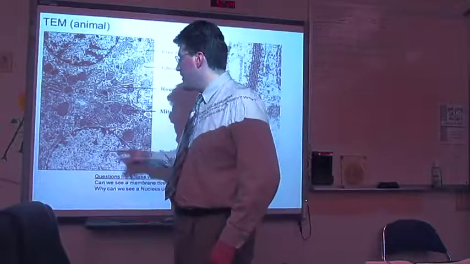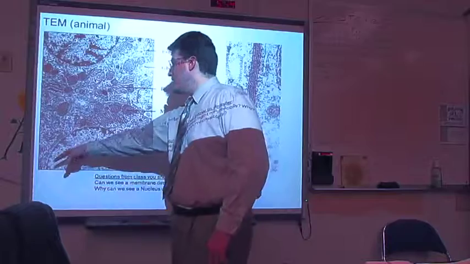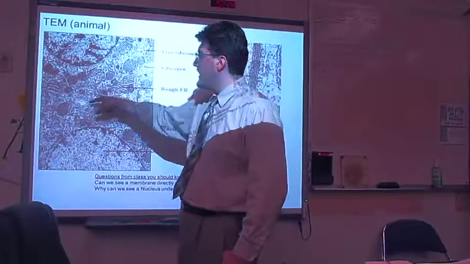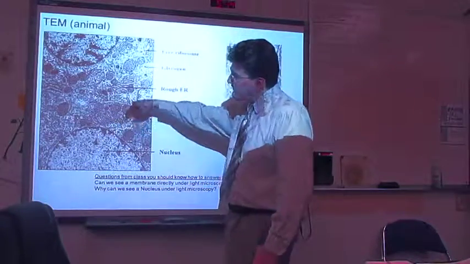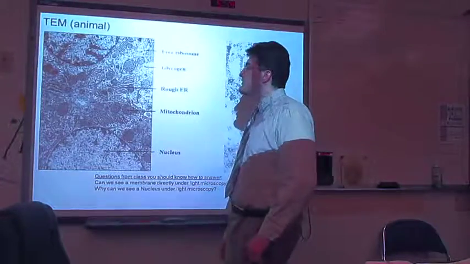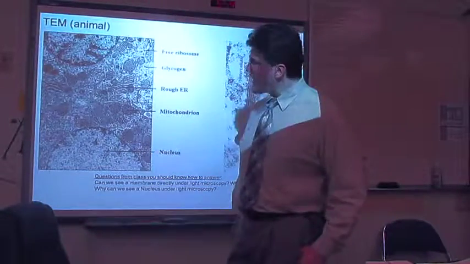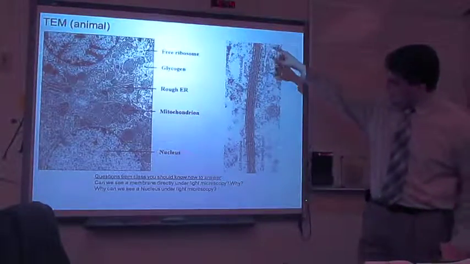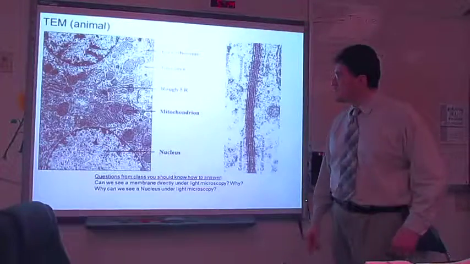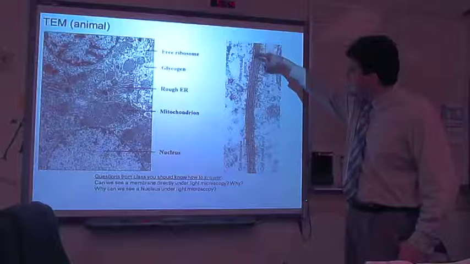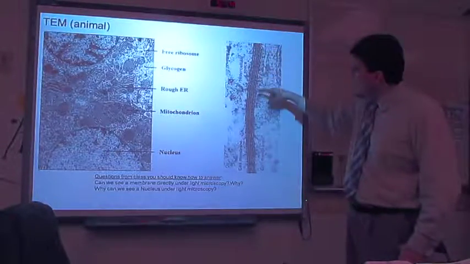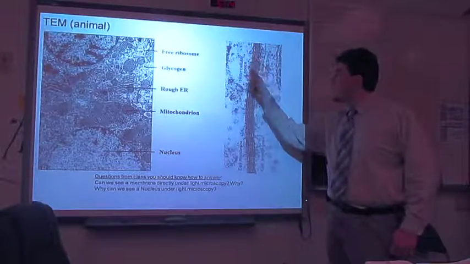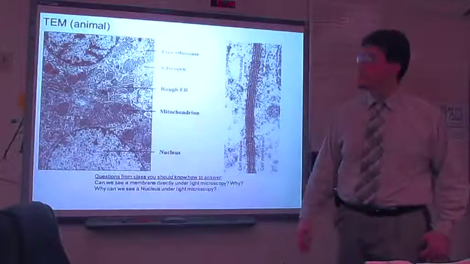The nucleus is here. This white stuff is euchromatin. This black stuff is heterochromatin. These are mitochondria. These grill marks are rough endoplasmic reticulum. The black dots are free ribosomes. This is a close-up of each individual cellular membrane. This is the lipid bilayer. And this is the other lipid bilayer. And this is the intercellular space between them. The black line is the hydrophilic head. The white